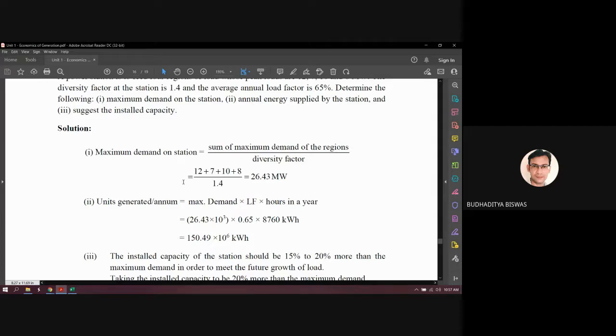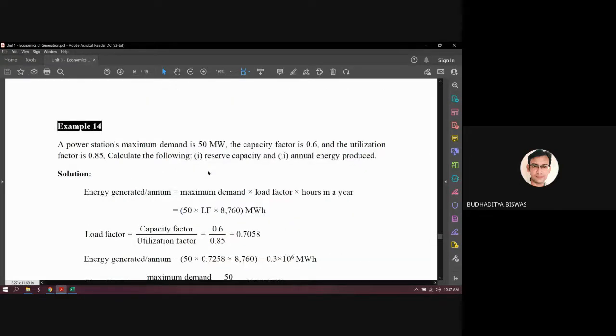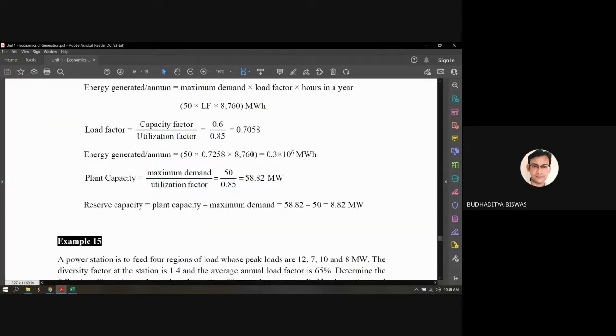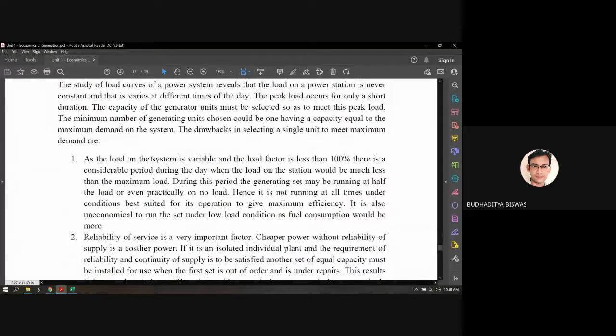and you can easily do the numericals, because numericals are very easy, but provided you need to know the exact meaning of the factor, not just by remembering. You need to know what is the meaning of this reserve capacity and the expression also. Don't try to remember this expression only, because this term is also required when you study MTech in power system or higher studies. So just remember what is the meaning of this one and the expression also. Then you can easily do this kind of thing, because every numerical is the same. Sometimes you need to do a little bit of calculation before you put in the formula.